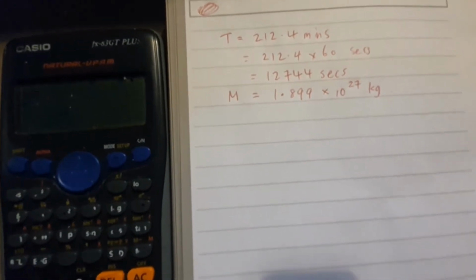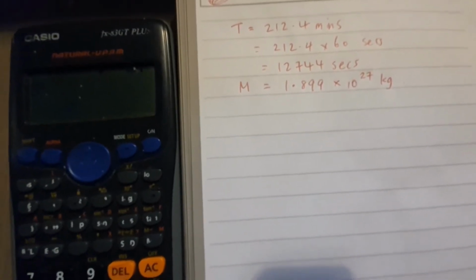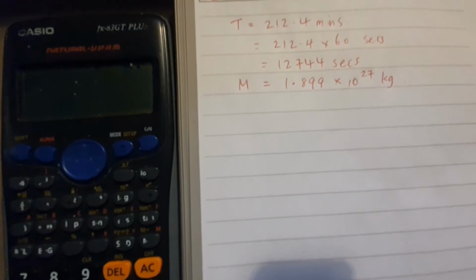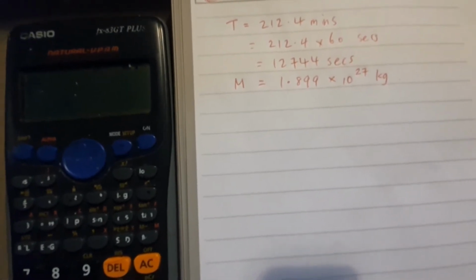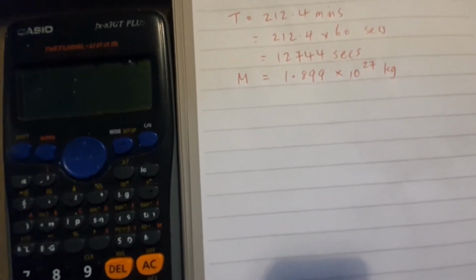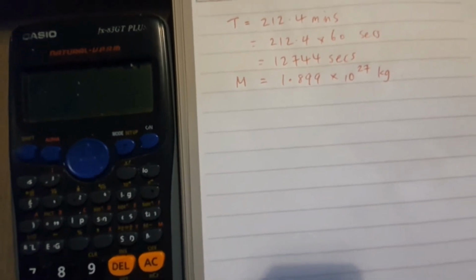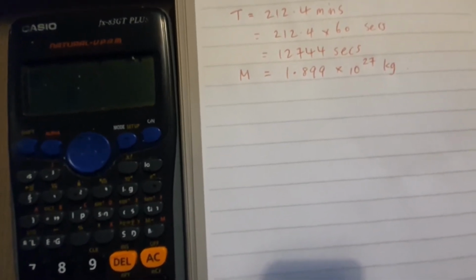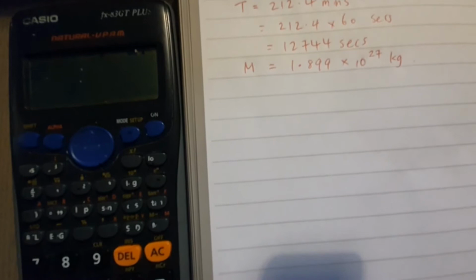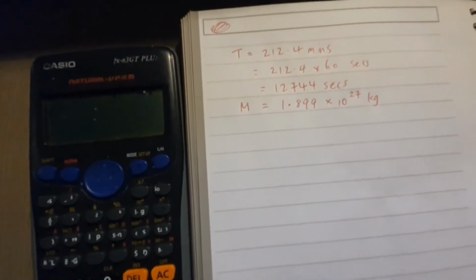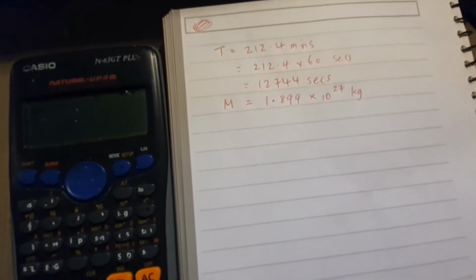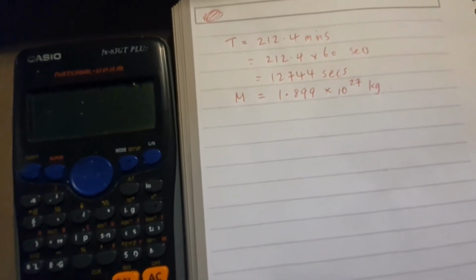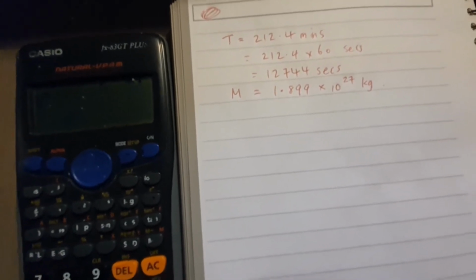All right, so the question is, one of Jupiter's moons has an orbital period of 212.4 minutes. What is the mean orbital radius of the satellite and its speed? Assume the mass of Jupiter is 1.899 times 10 to the 27 kilograms. All right, so you've got these pieces of information. I've converted the minutes into seconds. So here I'm going to use